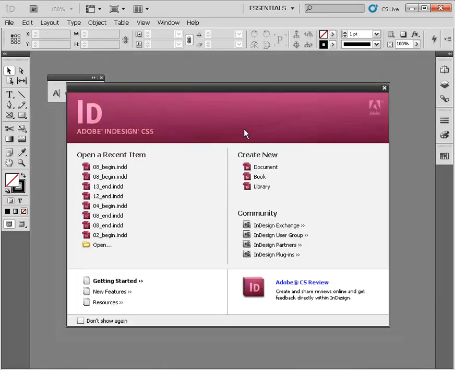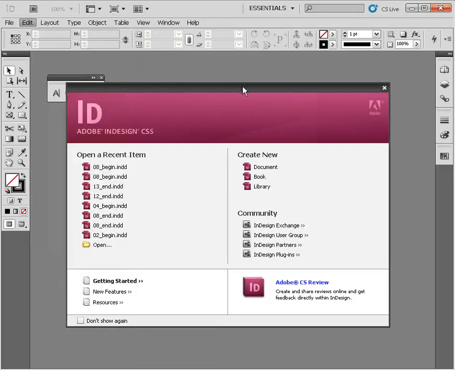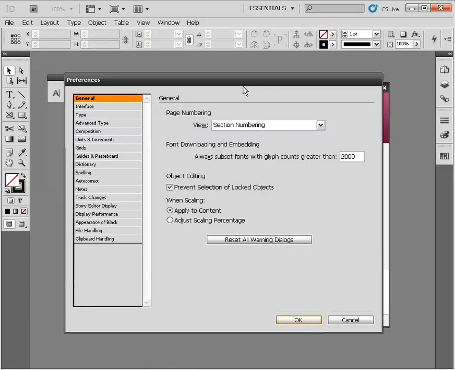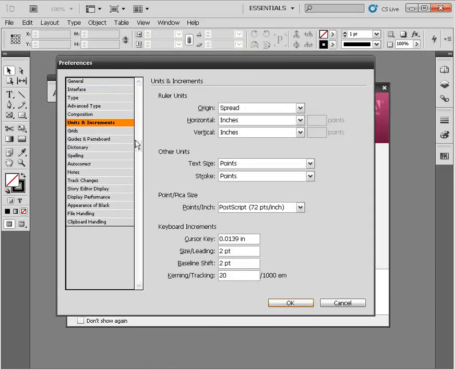Now I already know what you're thinking. You're thinking, where did my rulers go? I can't use my rulers. Well, we need to do this through the InDesign preferences. We can find those under Edit, Preferences, or we can just hit Control-K on our keyboard to bring up the preferences. I'm going to browse down to units and increments